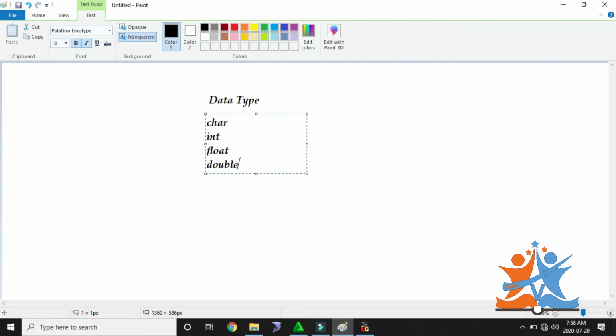If I am providing complete theory without any numbers, I call it character type of information, nothing but words and sentences. If I am providing 100, 200, 300, those types of data we call integer.